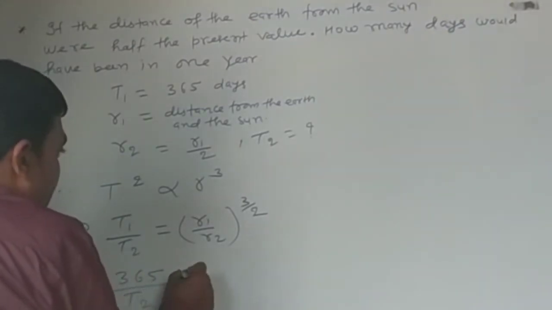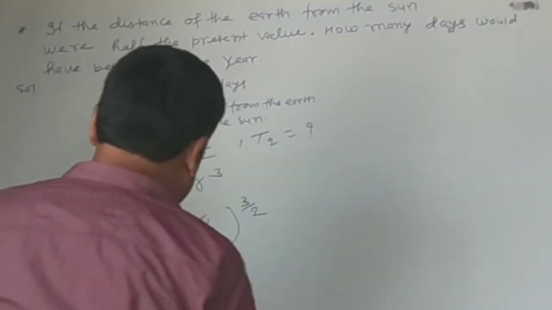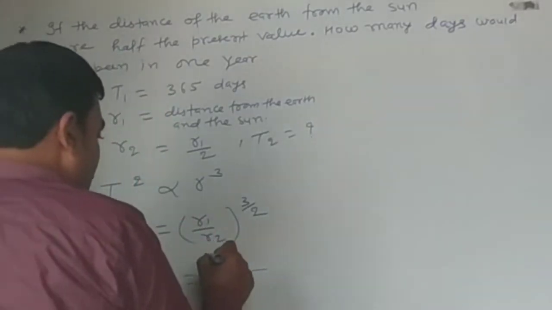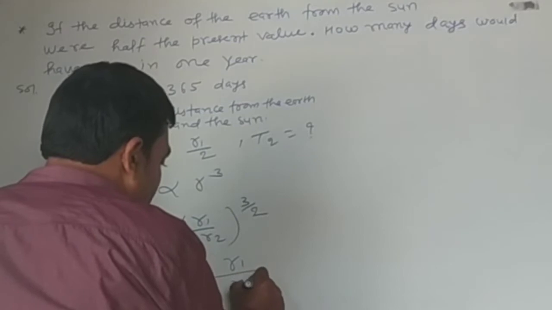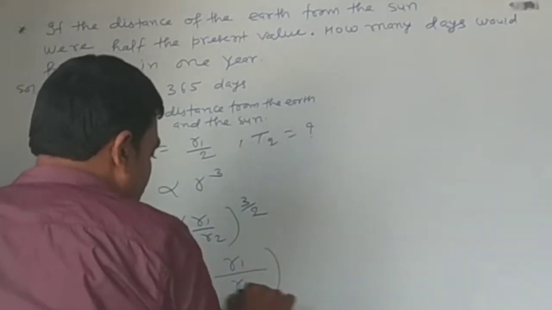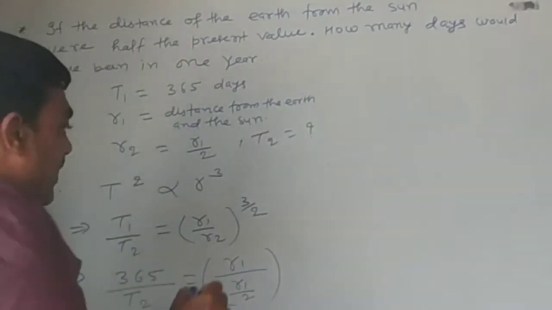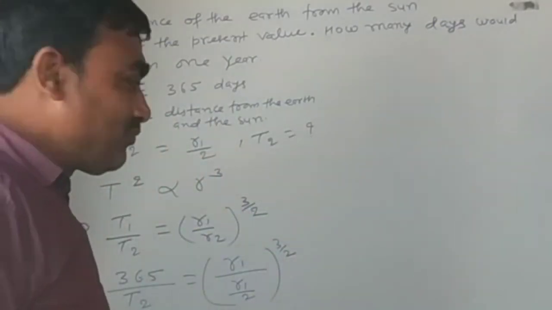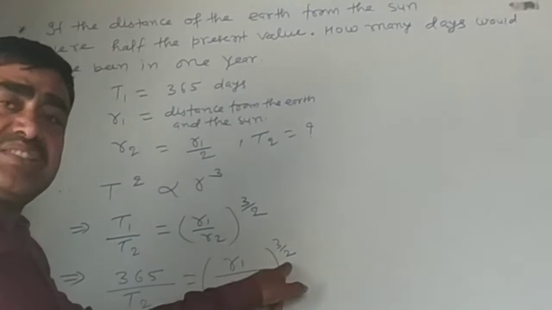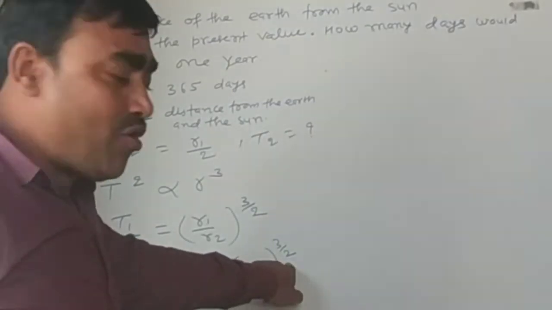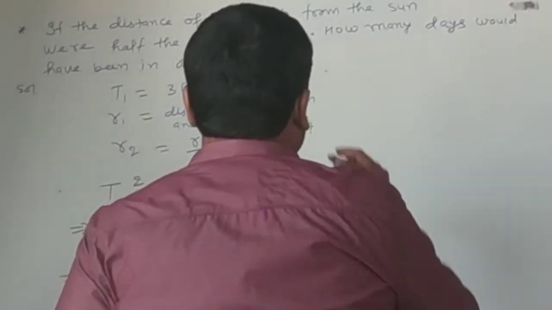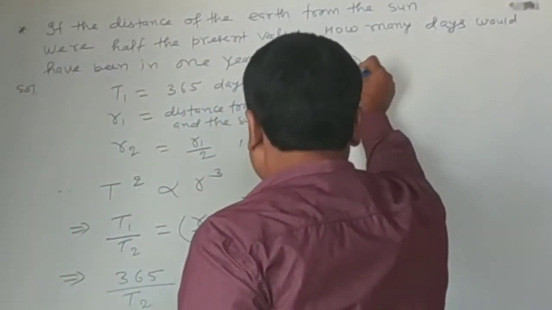We have to find the value of T2. R1 is equal to R1, but R2 is equal to R1 upon 2. And the power is 3 upon 2. This R1 cancels this R1, and hence